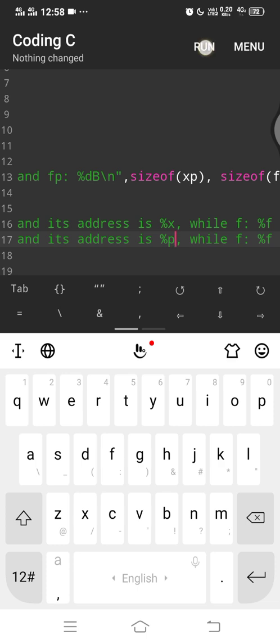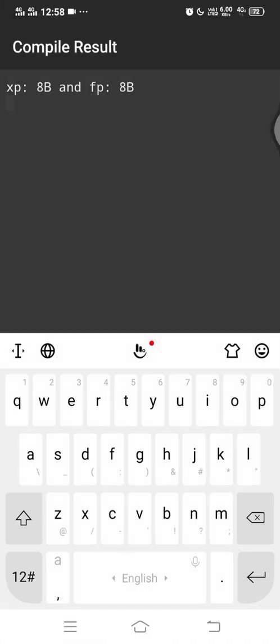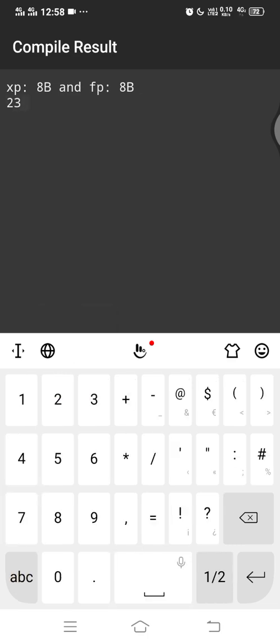So if I run this, it is obviously expecting a scanf, and you can see that xp and fp are both 8 bytes long. Now 8 bytes, mind you, is not what it would be in DOS. 8 bytes in this machine, in my Android phone, is equivalent to 2 bytes. Actually it's the size of an unsigned integer. Now let us say we enter